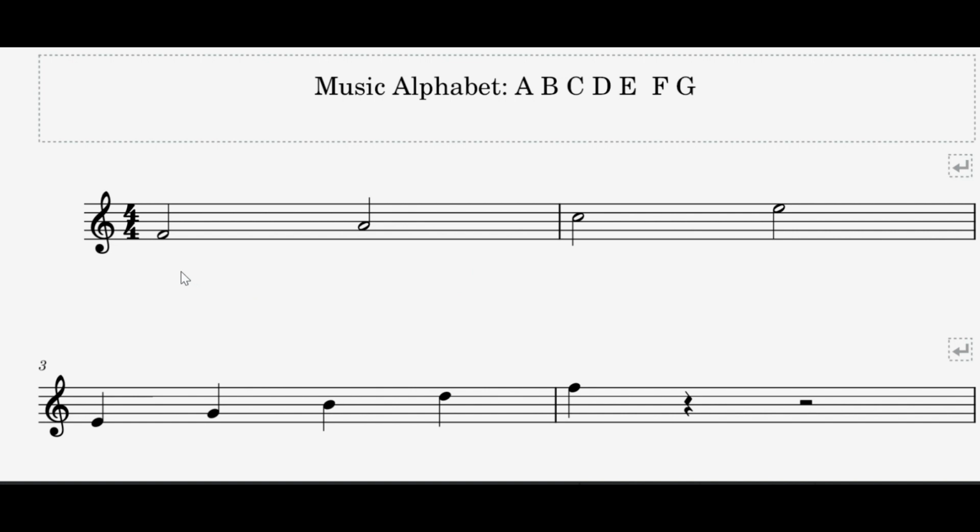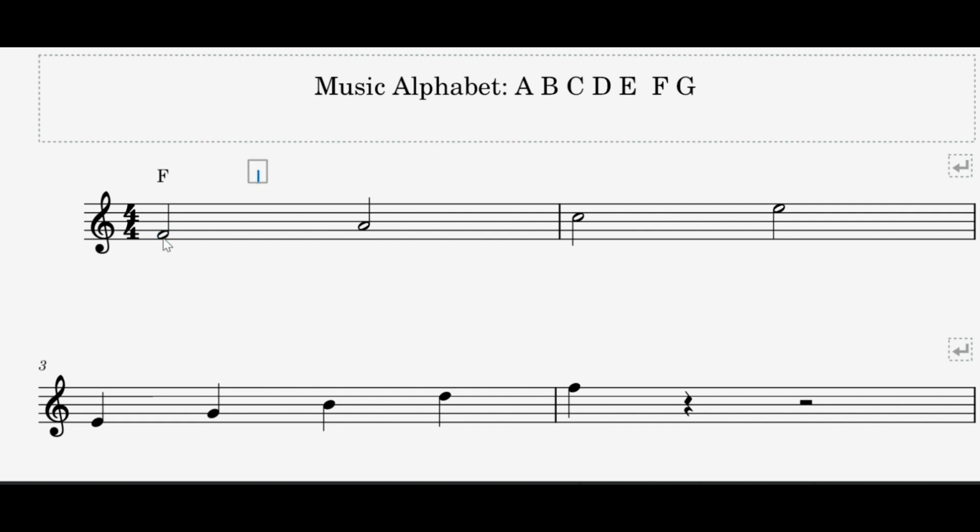So here I have 4 notes. Yes, 4 pitches, and these 4 pitches are in the spaces: first space, second space, third space, and fourth space. And the letters you use from the music alphabet will be